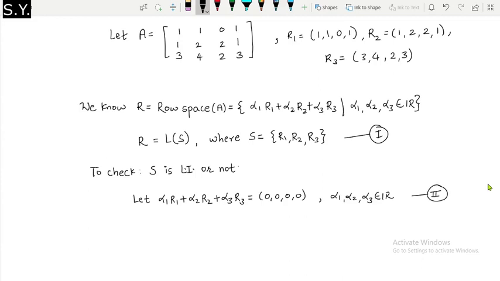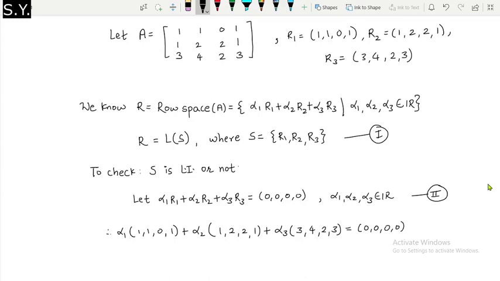Now let us put the values of R1, R2 and R3. Therefore alpha 1 (1, 1, 0, 1) plus alpha 2 (1, 2, 2, 1) plus alpha 3 (3, 4, 2, 3), which is equal to,